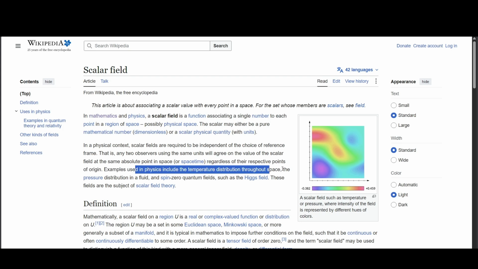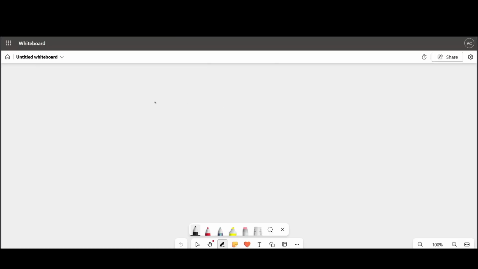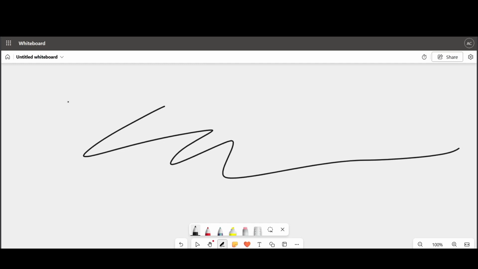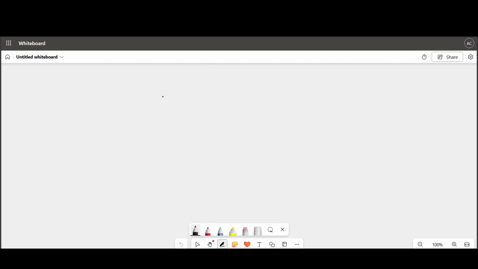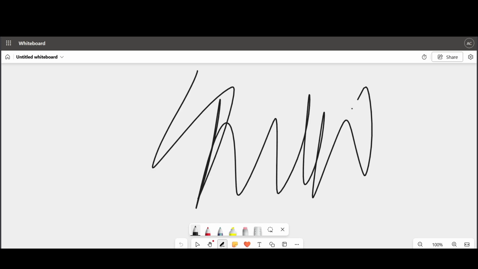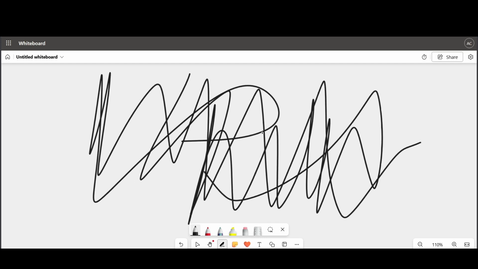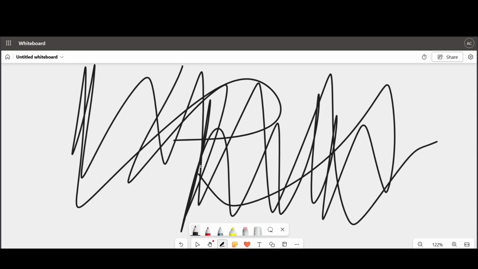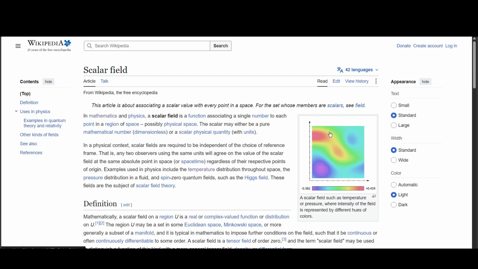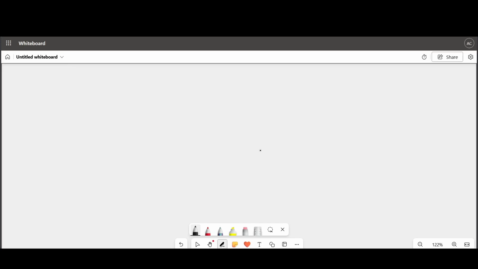All right, we're back. I just had to log in to my Microsoft account in the Microsoft Library here. So my understanding of a scalar field is that it's basically a representation of something, just multiple points in a single space. So you can understand, if we extract one of the examples of scalar fields, we can see that